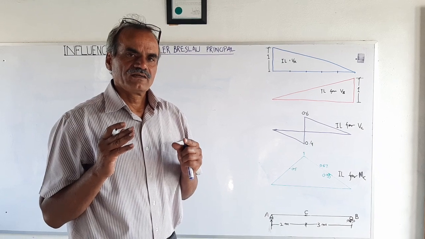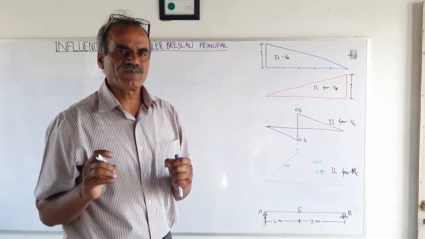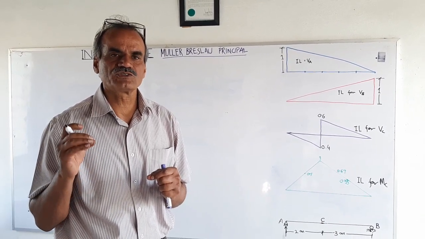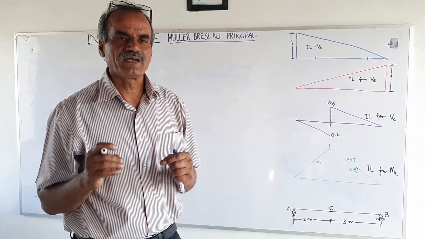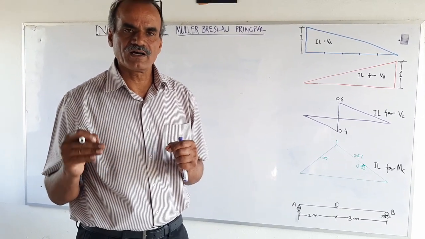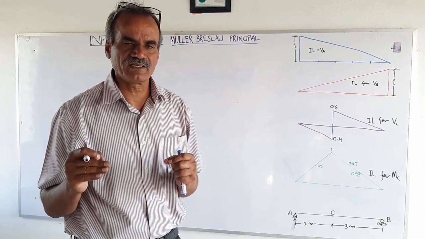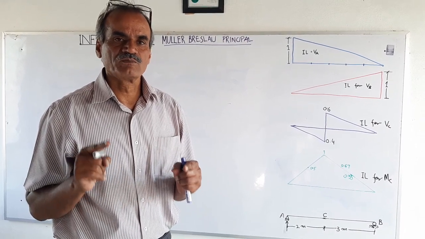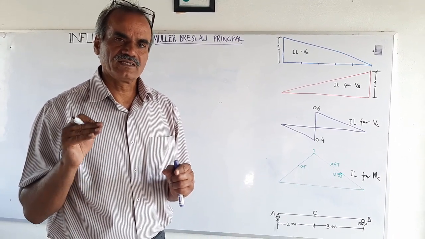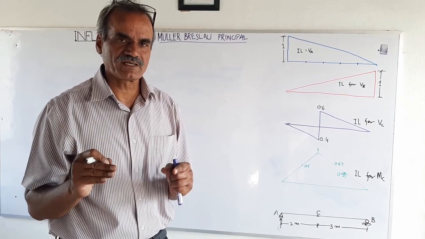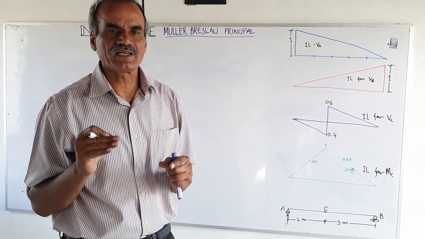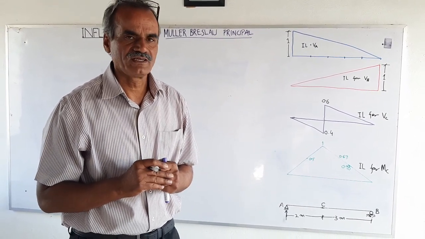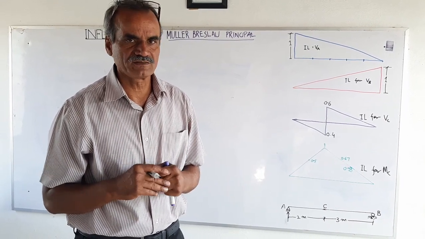According to Breslau, the cause of the birth of a response function, if removed, and given at that place a unit displacement or deformation, and then joining all other points with a straight line, giving due respect to the supports, the supports are not to be moved from their place, then the values on that straight line with respect to a reference line shall give you the values of the influence line. The statement has gone a little lengthy, but it is very simple. When I apply it, you will understand.